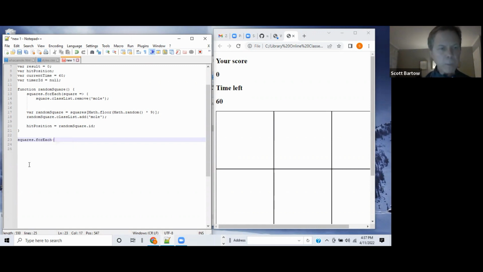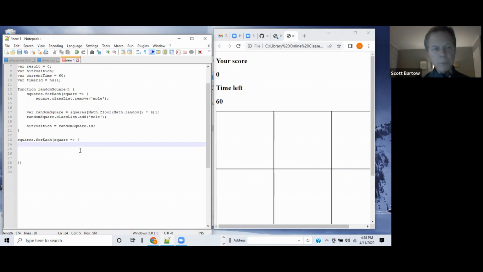All right, and then in parentheses, we're going to do square, space, square space equal, greater than sign, space, and then followed by an opening curly bracket, and then let's hit enter a few times, and we'll have a closing curly bracket, closing parenthesis, and then inside of this loop,